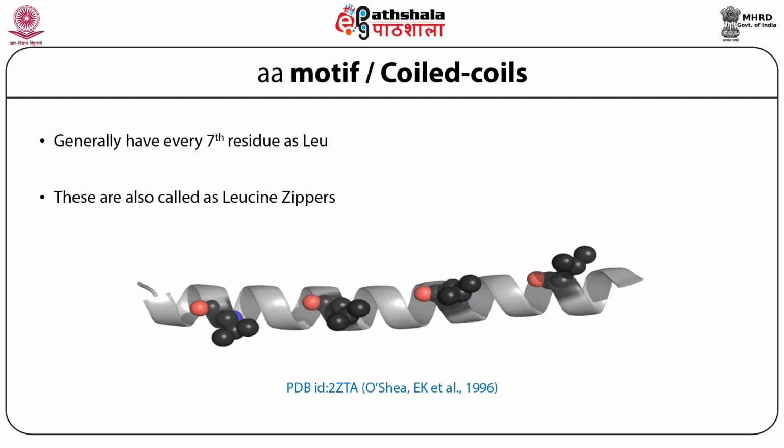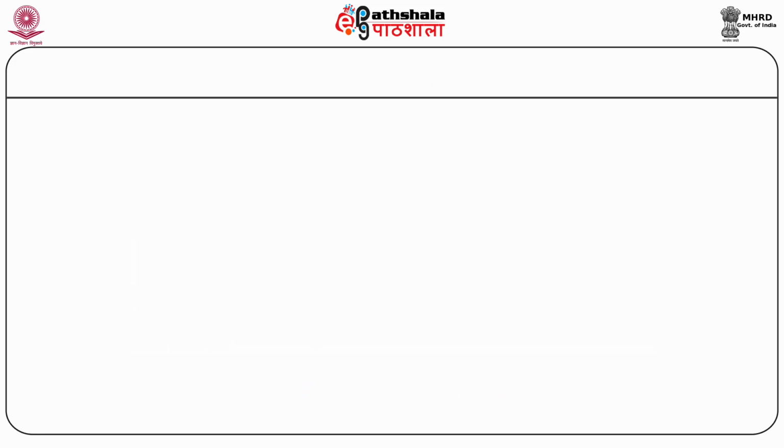So these coils are also called leucine zippers. This is why leucine zippers. It's something like a zip which we see on our jackets or our trousers, where the two knobs from one side make a small space between them, and another knob from the other side of the zip enters into the gap between the two knobs. So here in the leucine zippers, there are 4 amino acids which make a small hole, and the leucine from the other helix actually enters there. So that's why we also call them leucine zippers. So the coils can also be called an alpha-alpha motif or leucine zippers.